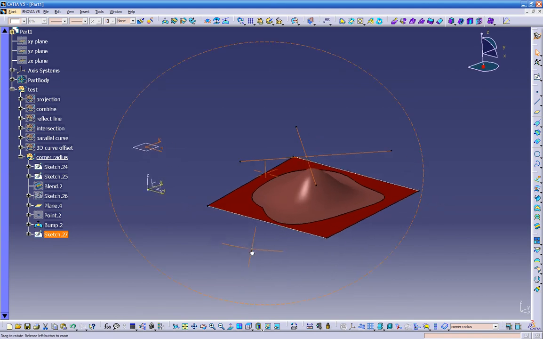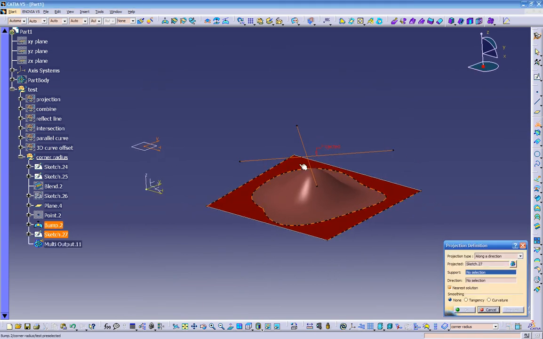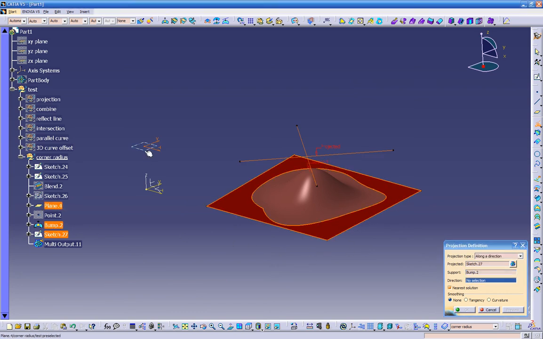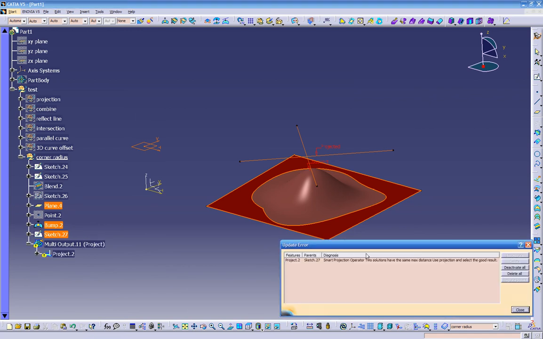So I want to do a projection. I want to project this sketch along the direction. This is already set up along the direction, and we've got the sketch already highlighted. Support is going to be the bump surface, and the direction is going to be up and down. So if you do a preview,